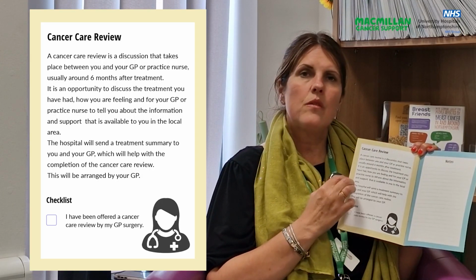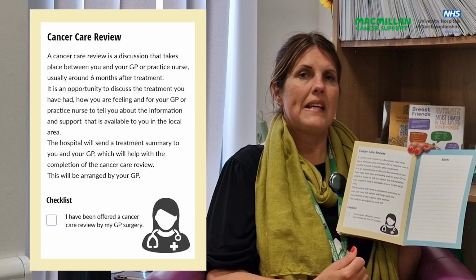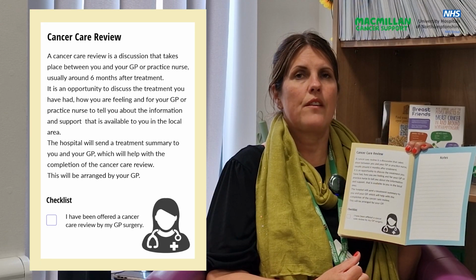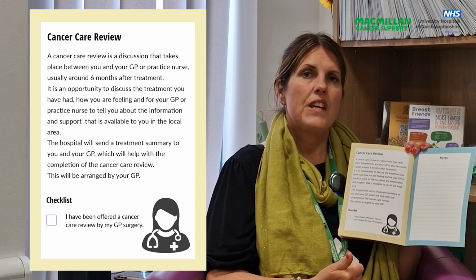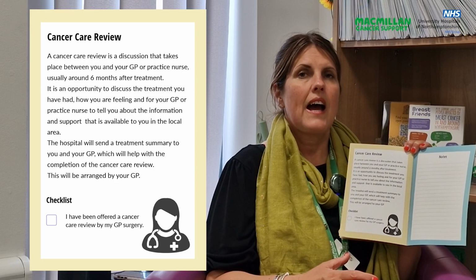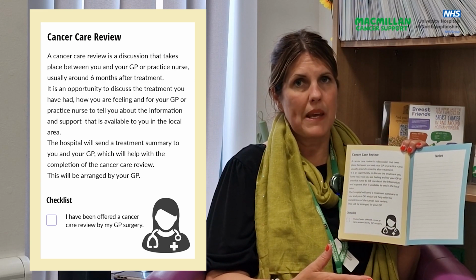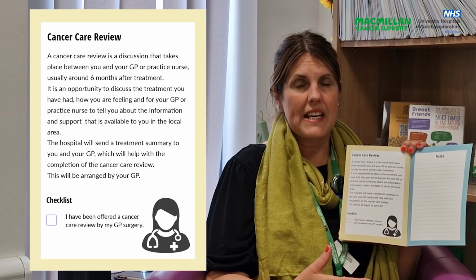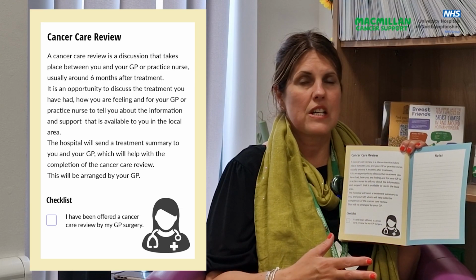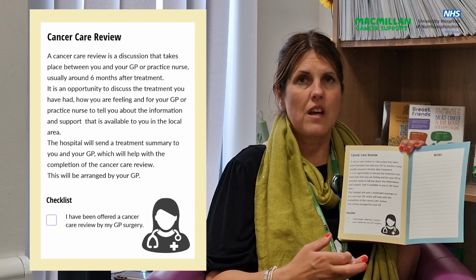And then within the passport, we give an overview about what a cancer care review is. It is the responsibility of the GP to contact the patient and offer a cancer care review. This should be an appointment on its own. It shouldn't be part of an existing appointment, and the patient should know that they're having a cancer care review. And this really is a chance for the GP to talk to the patient about how they're feeling. Have they got any concerns? Is there any long-term side effects? And then to action anything from that, whether that be a referral back into the cancer services or